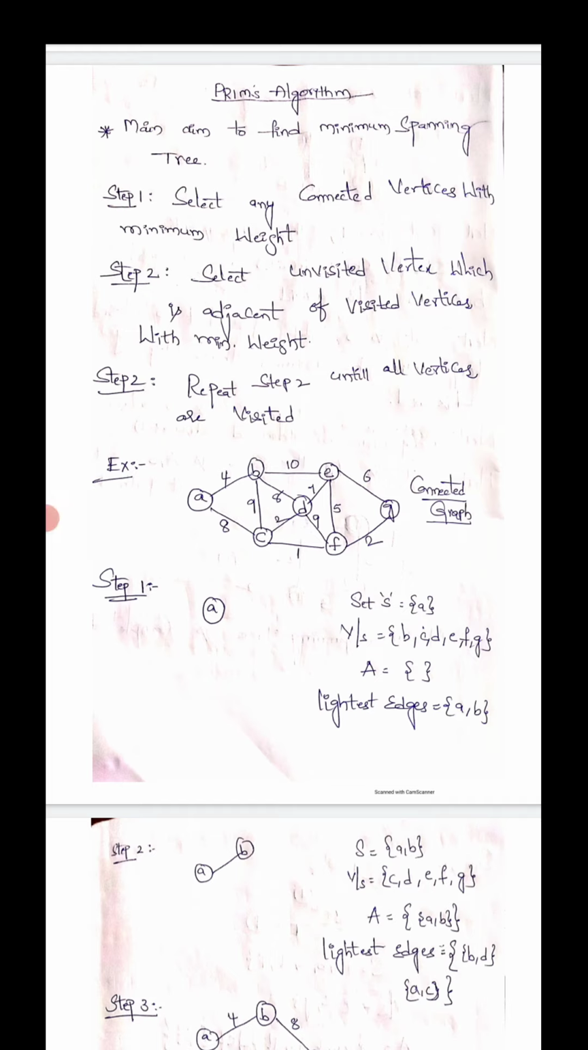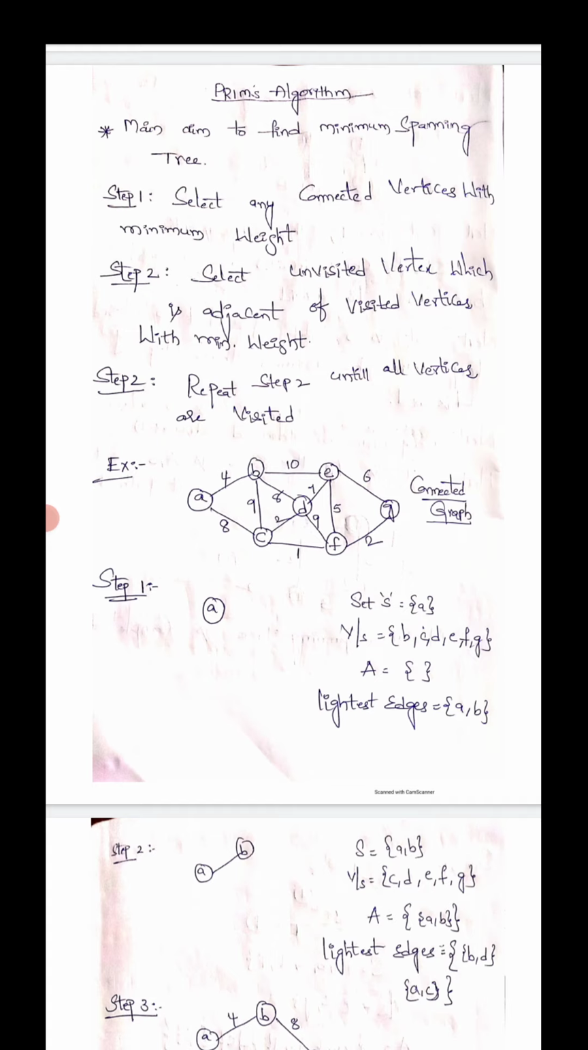There are three steps, listen carefully. Step 1, select any connected vertices with minimum weight. Select any connected vertices with minimum weight. And then step 2, select